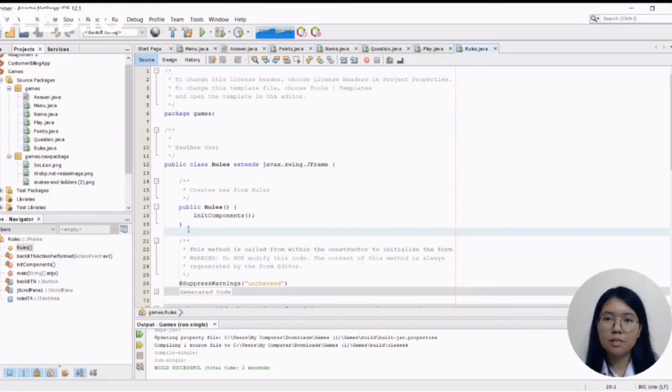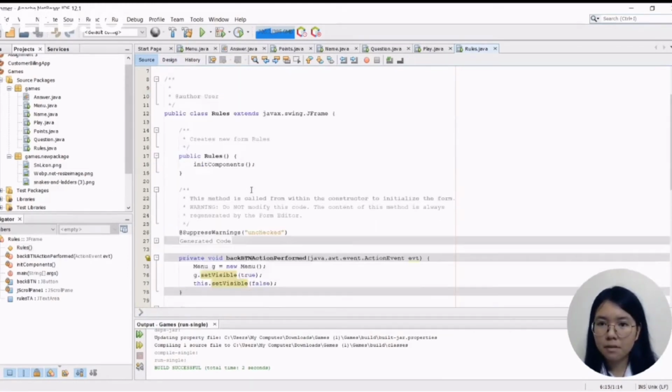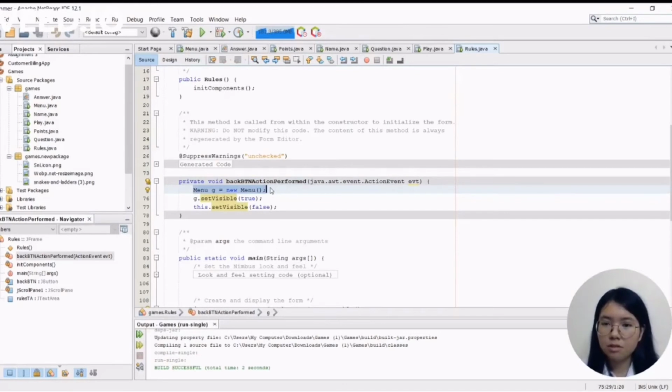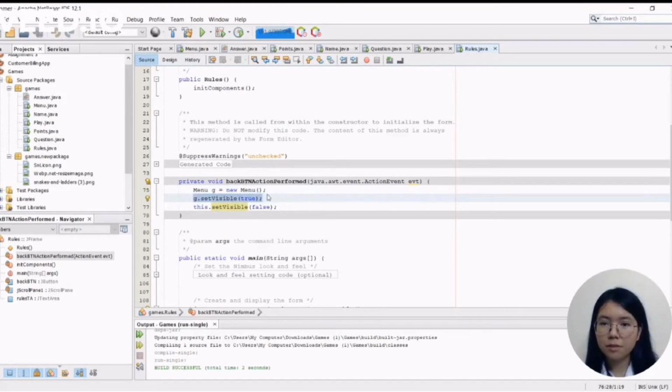Now I would like to present the rule class. The rule class is also under the package game. There is an action perform method called private void band action perform method, which performs an action when the player clicks on the back button. When the player clicks on the back button, object G is created from the menu class, and this object G invokes the setVisibleTrue method so that the JFrame of the menu class appears on the screen